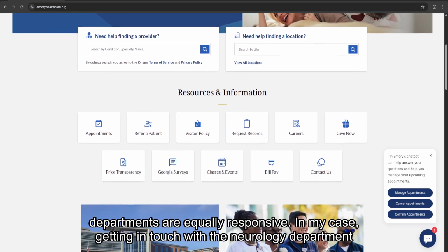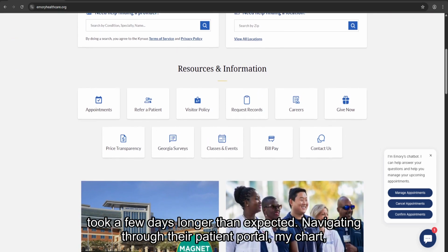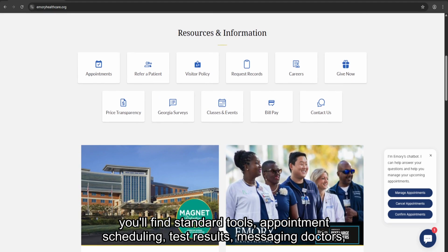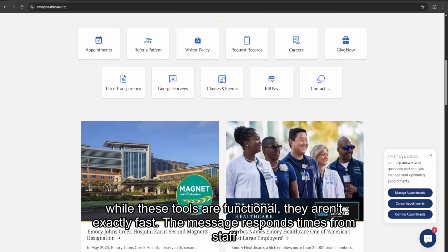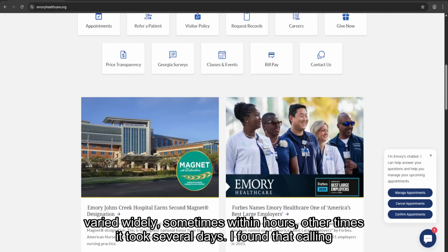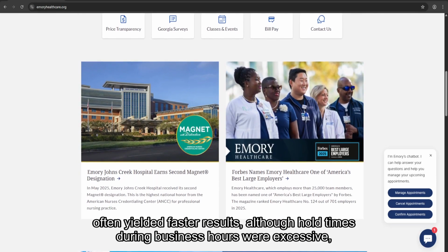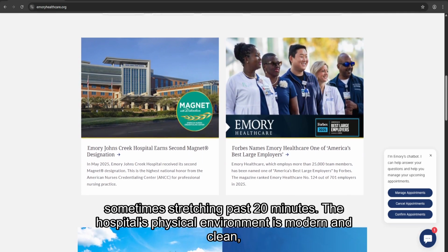However, not all departments are equally responsive. In my case, getting in touch with the neurology department took a few days longer than expected. Navigating through their patient portal, MyChart, you'll find standard tools: appointment scheduling, test results, messaging doctors. While these tools are functional, they aren't exactly fast. The message response times from staff varied widely, sometimes within hours, other times it took several days. I found that calling often yielded faster results, although hold times during business hours were excessive, sometimes stretching past 20